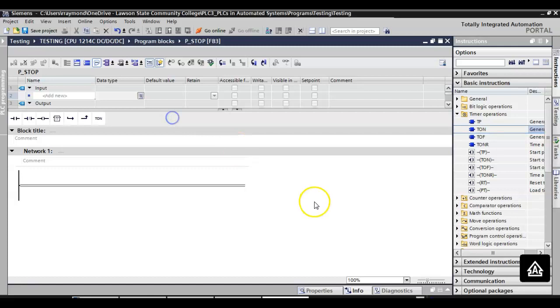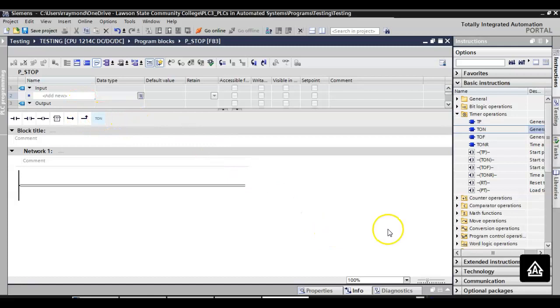Yeah, I'll make sure. So you notice, y'all see how I did that? I just went ahead and pulled the T on over here and put it into my block. So that's so much easier. I'll try to show y'all next class how complicated it is to add stuff to RS Logix 500 to your